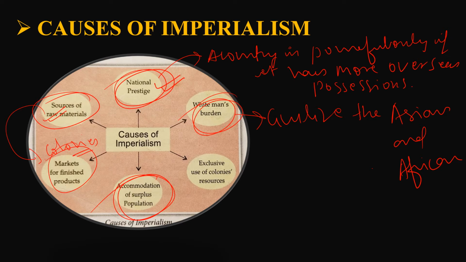They actually considered themselves very superior because they were white. So it was also one reason why it causes repression. The exclusive use of colonies as colonies resources that we have already discussed, the sources of raw material, and there were other sources also. It can be land, trading ports,